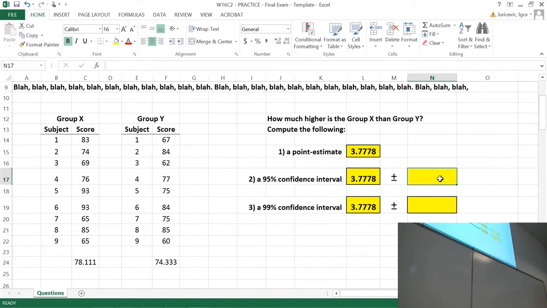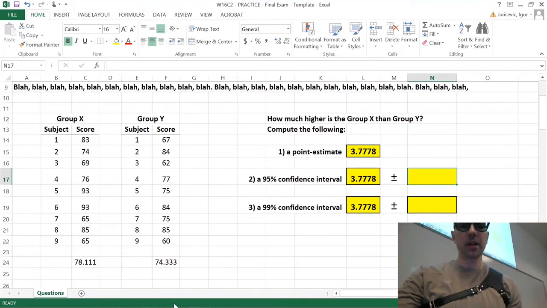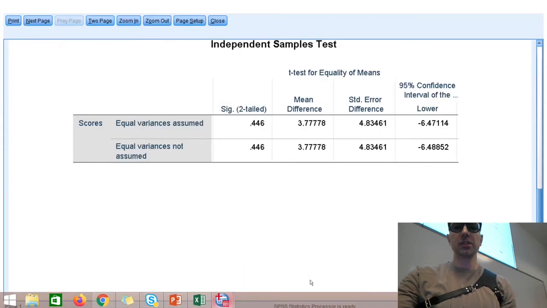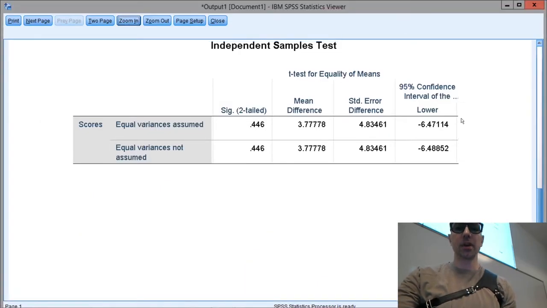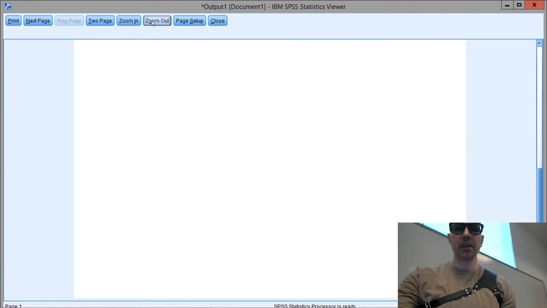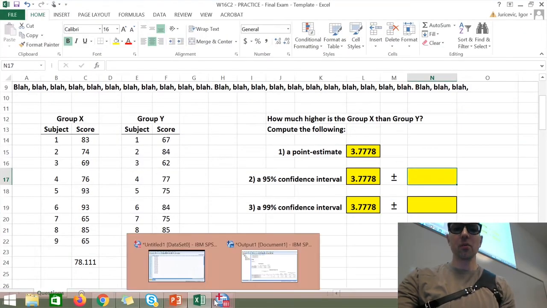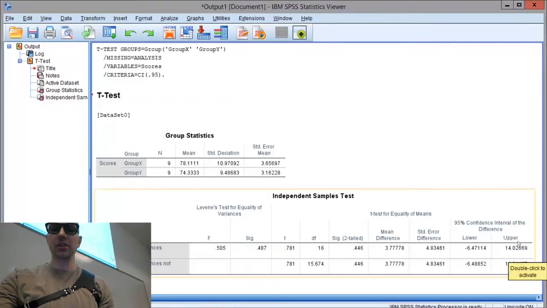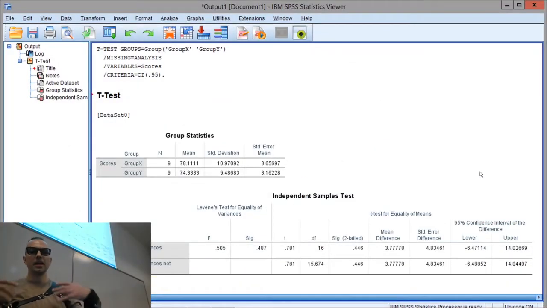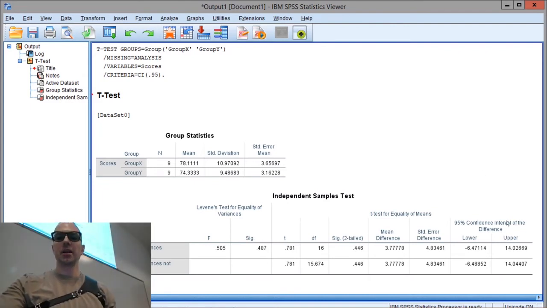All right. So now we have to get the arms of our confidence intervals. This can be done a number of different ways, but the way that I typically like to do it is I will take, and I'm going to zoom out just a bit. Go back here just real quick. One of the things that I like to do is just have a system that'll always work. And one system that'll always work is you take your upper minus your middle, upper minus your point estimate, in other words. So if we see our upper here, it's